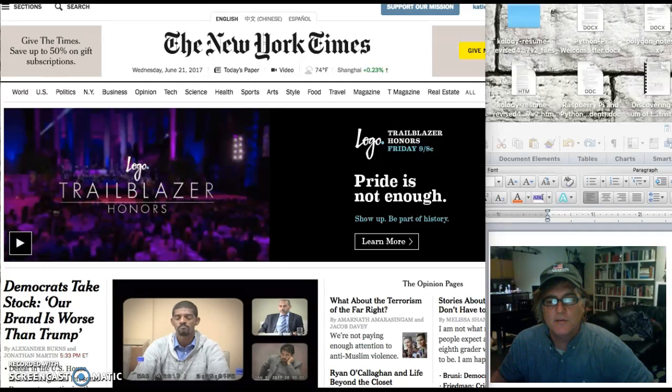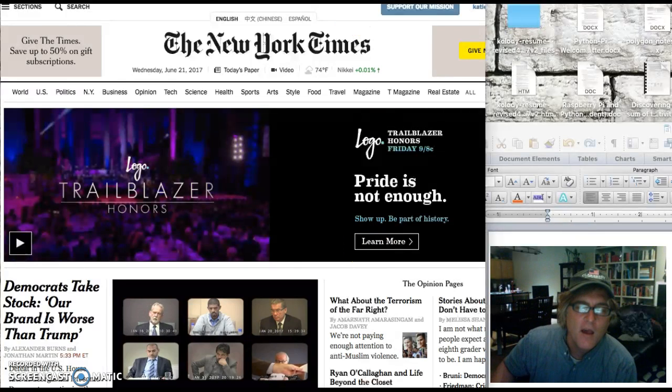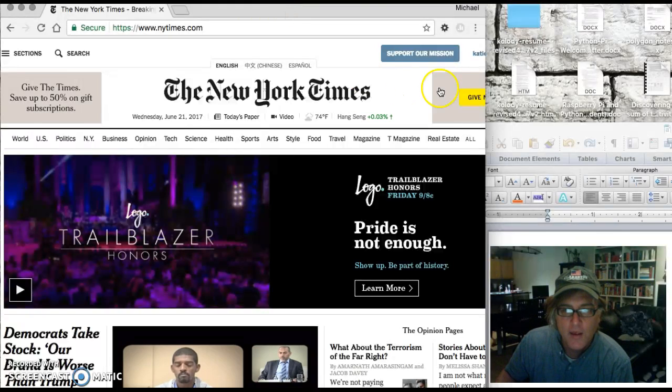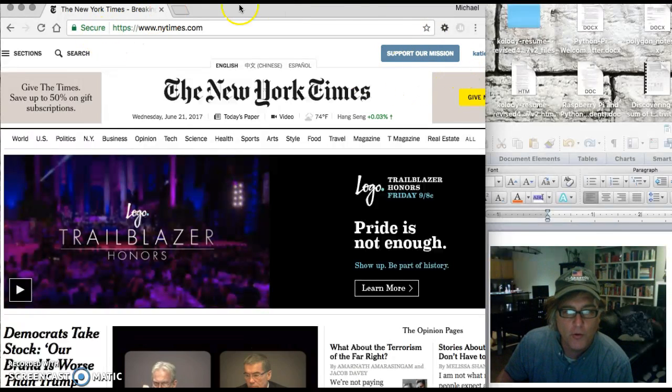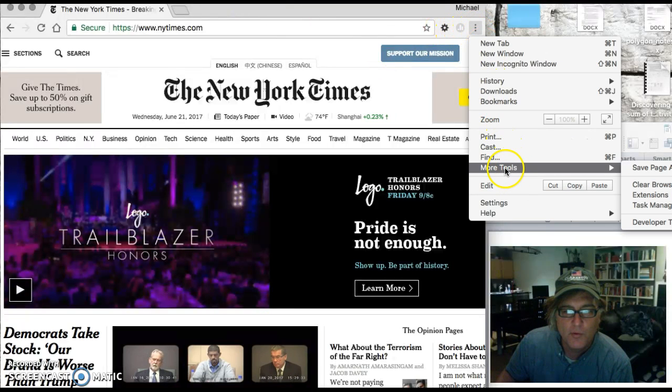Hi guys, so this is a first demo of hypertext markup language. The first thing I just want to show you, let's take a look at the New York Times website here. I'm in Chrome, so I'm going to go over here to these tools, say more tools, and then developer tools,